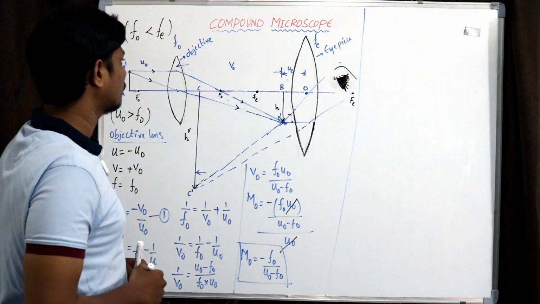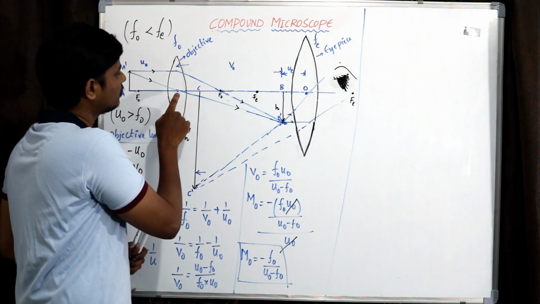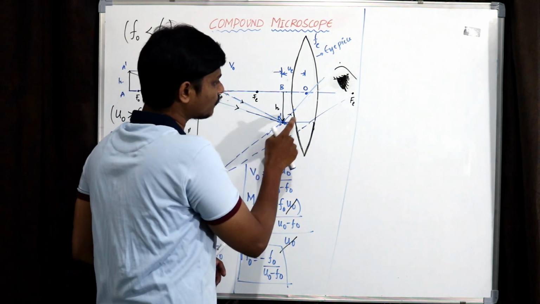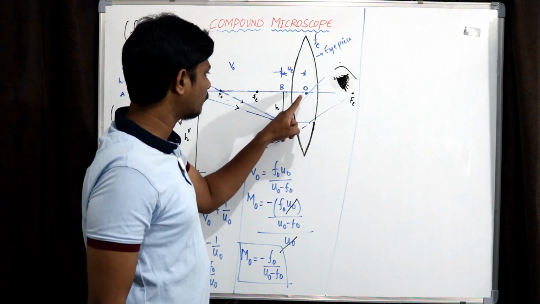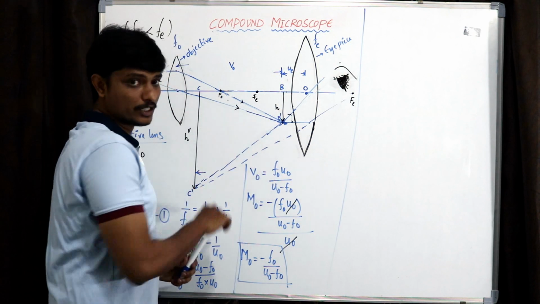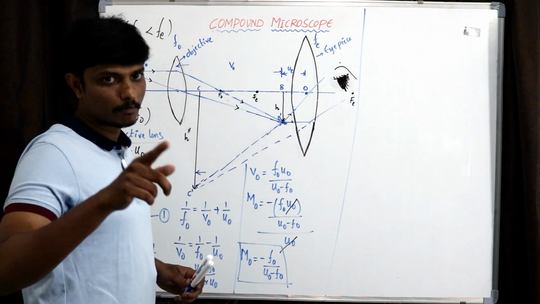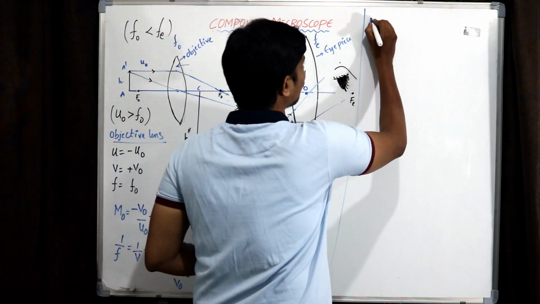The other case is near point. If the image formed by the objective lens is at a distance lesser than the focal length of the eyepiece, that means the image will be in between the optical center and focal length of the eyepiece. Therefore, it will form a virtual, erect image on the same side of the object. So, this is called near point. So, I am talking about both the cases. If I am talking about near point,